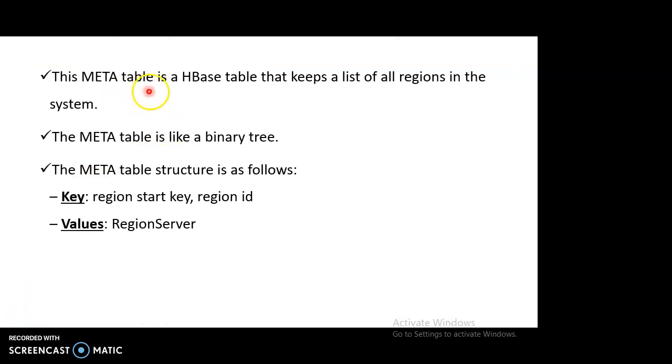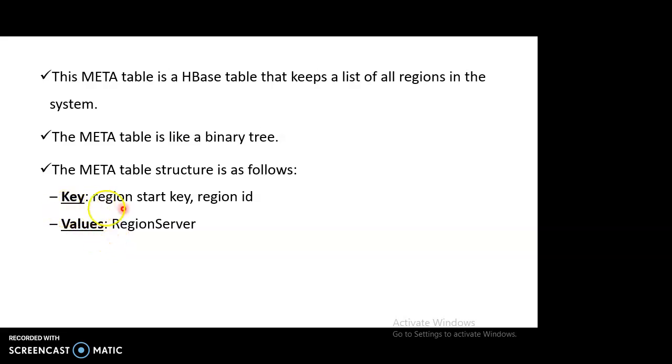And this meta table is kind of an HBase table that stores a list of all the regions in the system, and it will get stored in the form of a binary tree, and the actual tabulated structure will be in the form of keys and values.